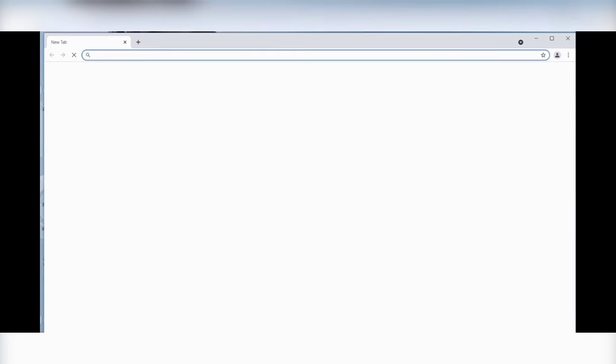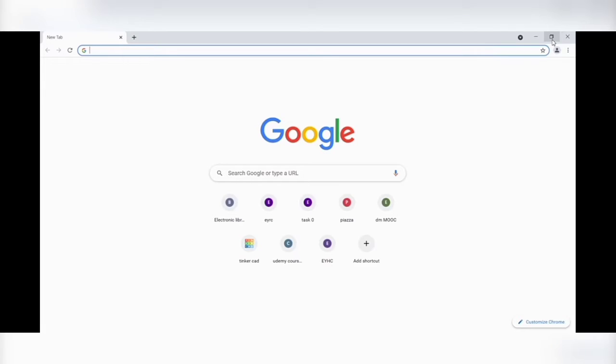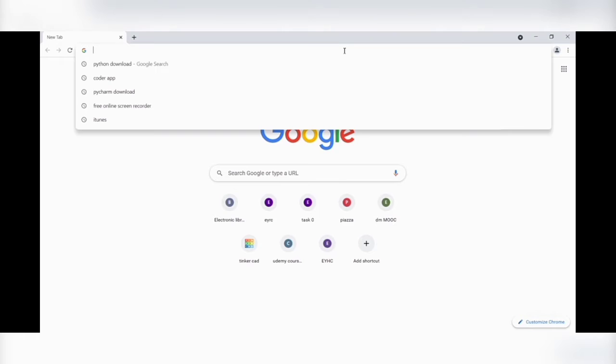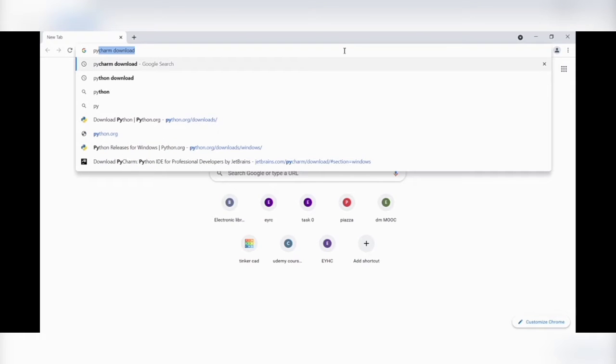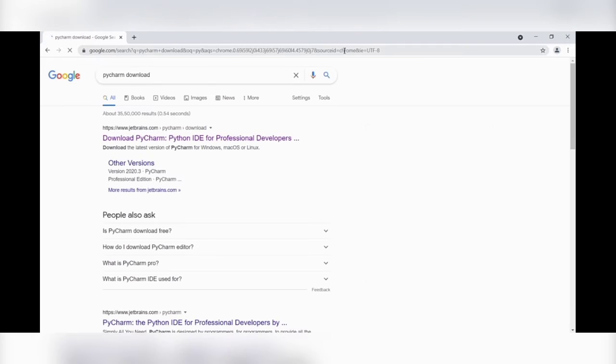Let us open Chrome and search for Google. First of all, we will learn how to install PyCharm. Just in the top search button, type PyCharm download.